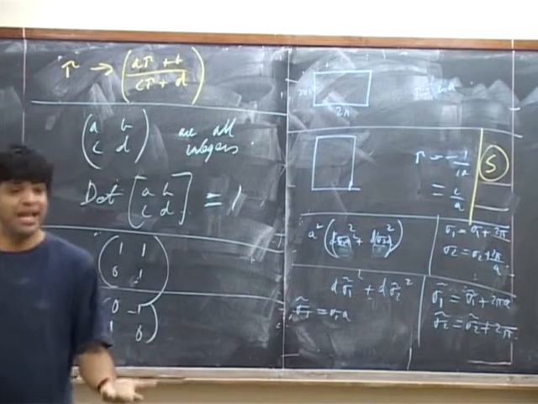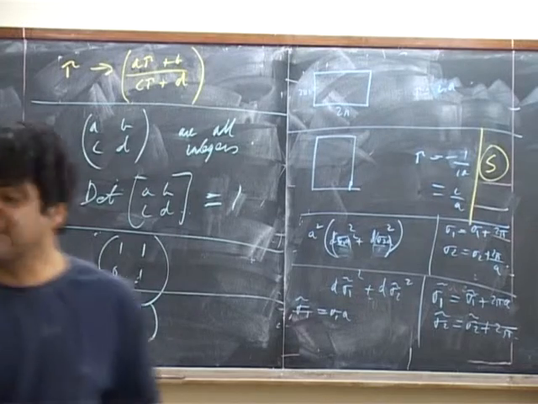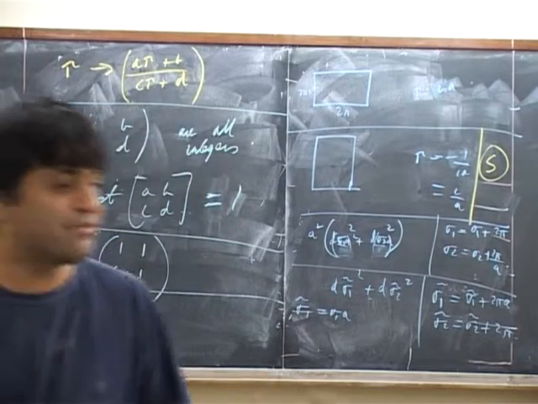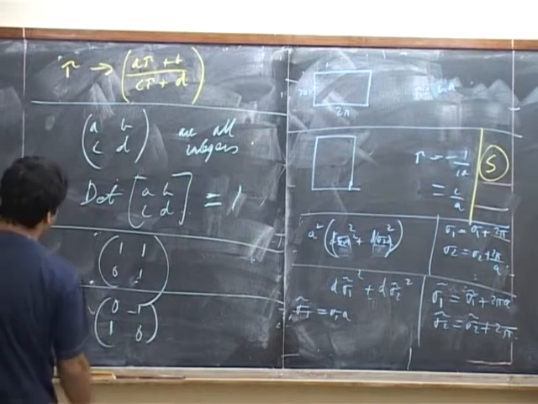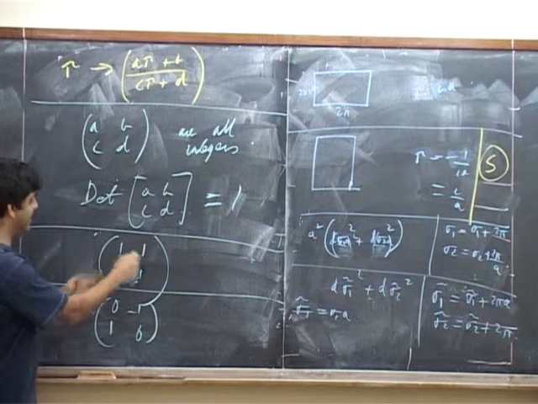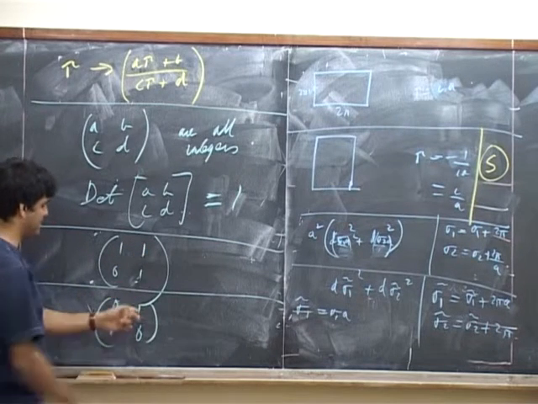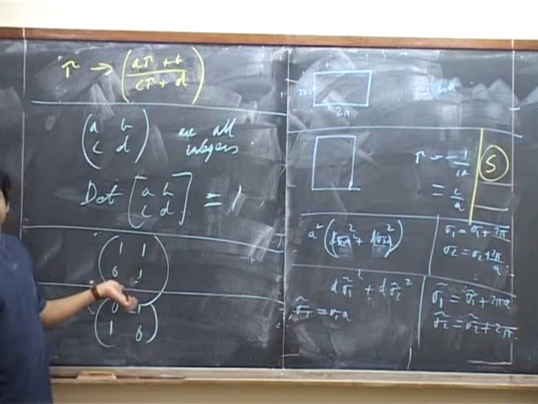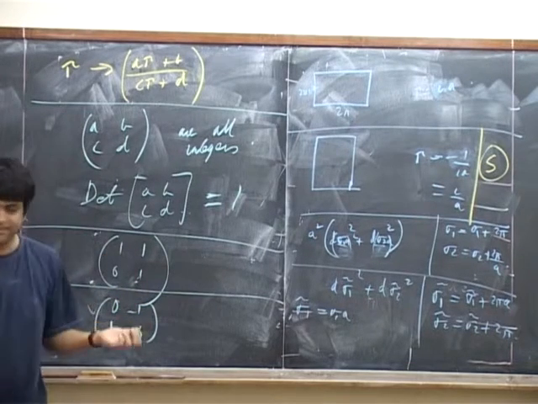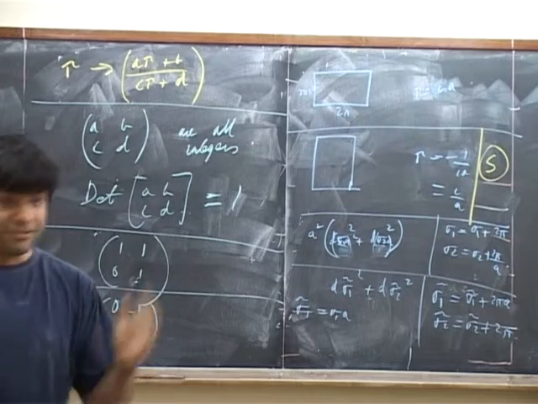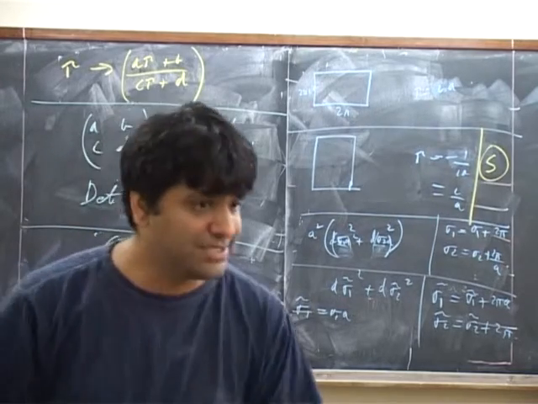Okay? So what we're dealing with here is a group, some subgroup of the set of 2 cross 2 matrices. Now, what can we say about the subgroup? It's clear that if you take something of this form and multiply it with something of this form, you always start with integers, you always end up with integers. It's some set of differences of integers. So the entries of the group will always be integers.